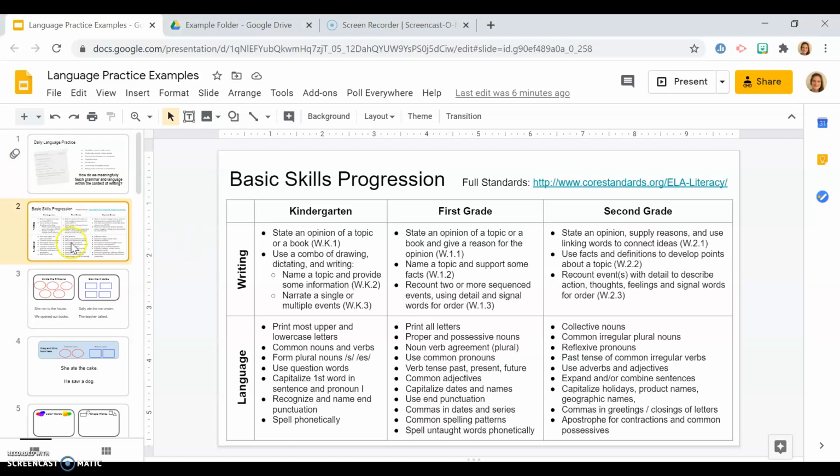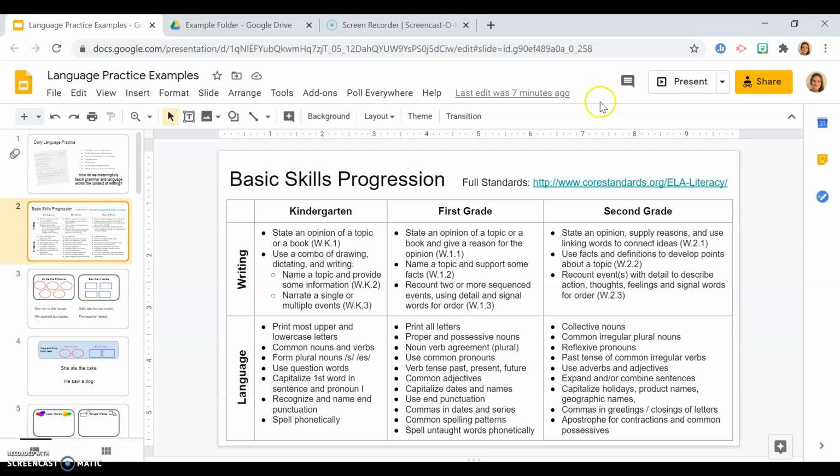So the first thing that you want to do is really get to know the basic progression of skills that are around your grade level. That's something we've been talking about in addressing amplified learning loss as a result of COVID, but it is also just good practice always that our students are not always in the exact same space in a skill progression. So knowing what the grade level below and the grade level above is expecting from students is helpful in